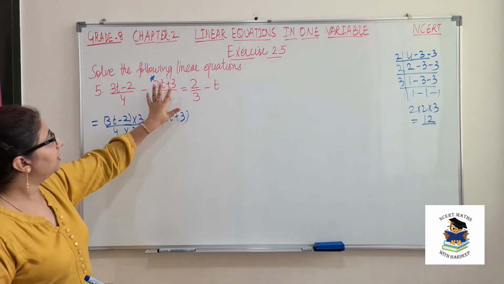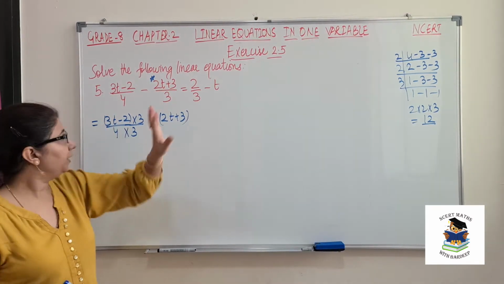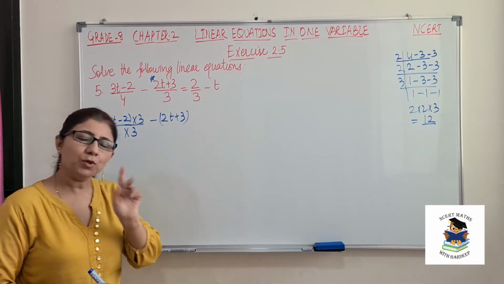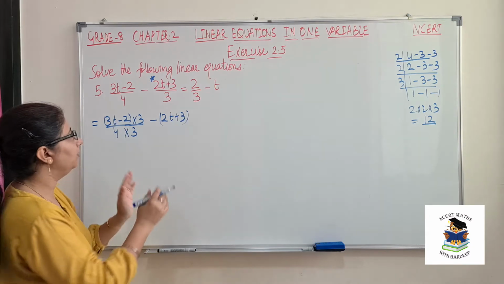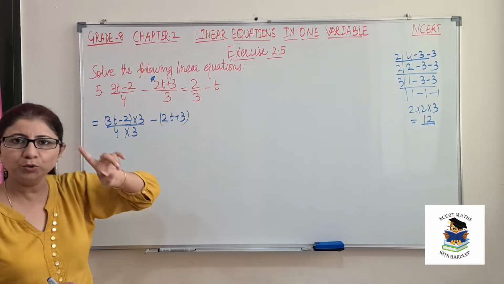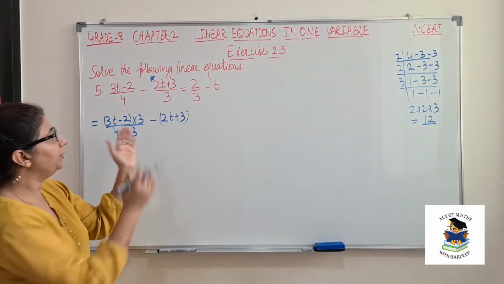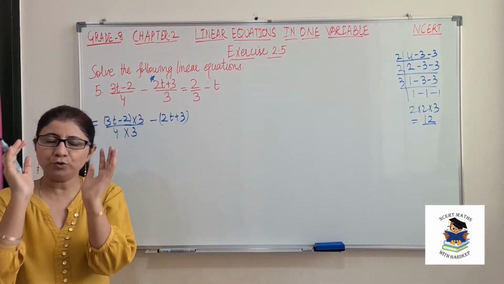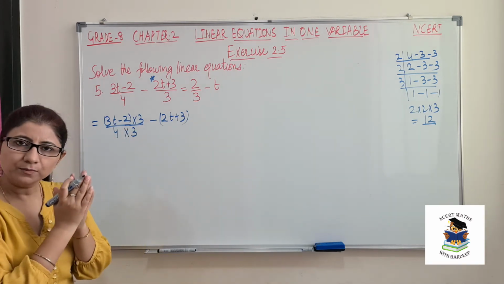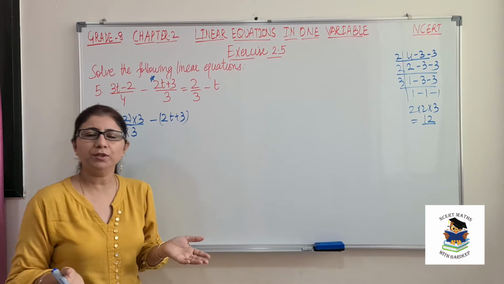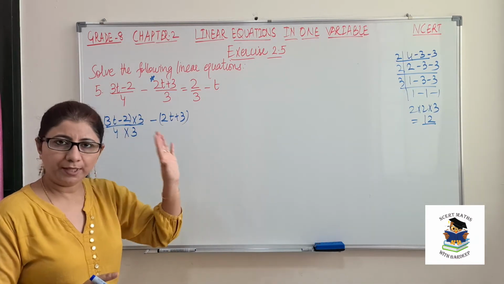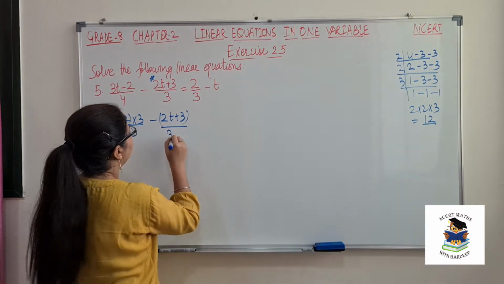So again we can see here that 2t + 3 is numerator for this second term, and before that we have minus sign. So mostly students will make this mistake that they will not put the bracket, then this minus will be only referred for 2t. No, our point should be this 2t + 3 is our full term, so we should put bracket because outside we have minus sign. If it is positive then no need to change, but whenever there is a negative sign, please put bracket. Okay. So here denominator is 3.